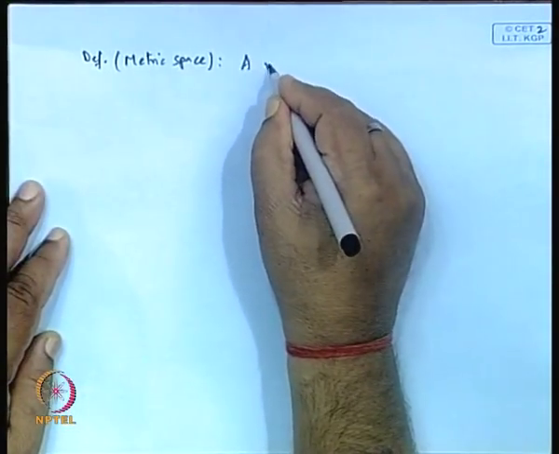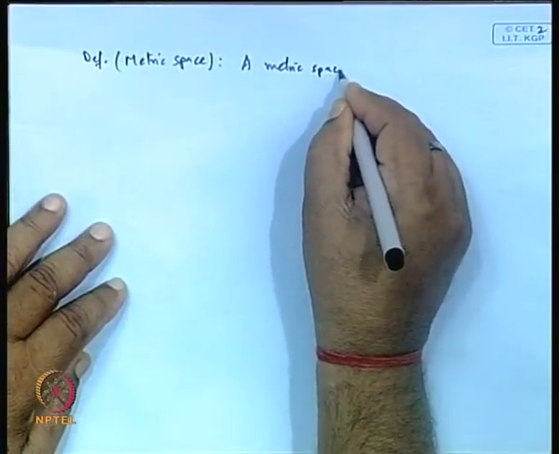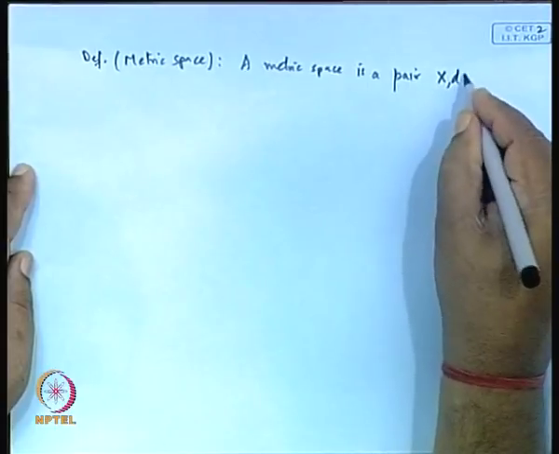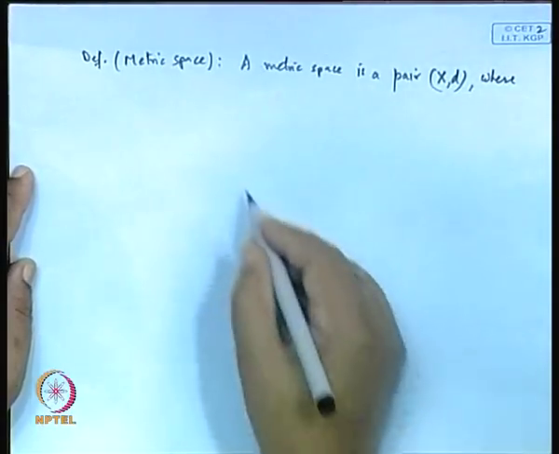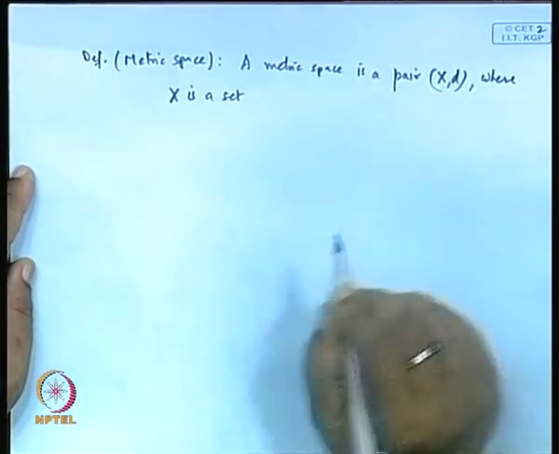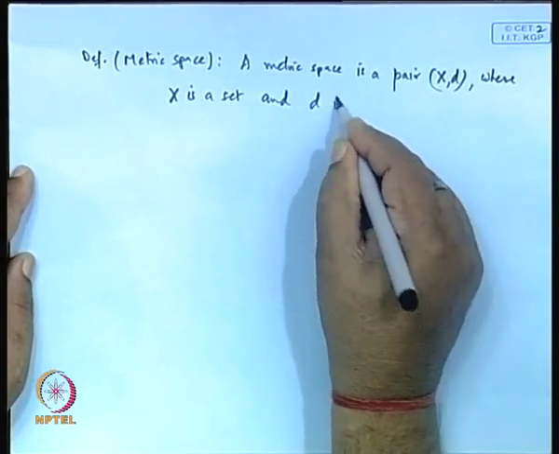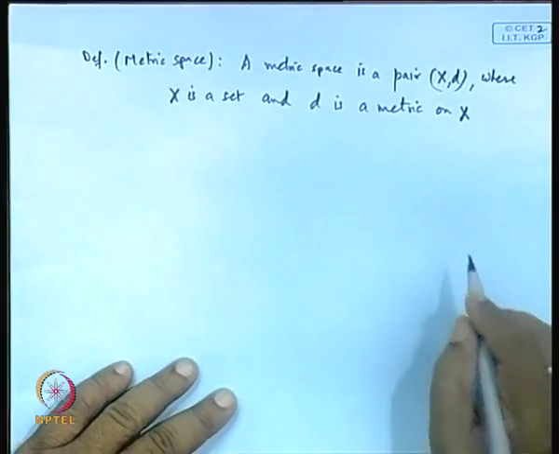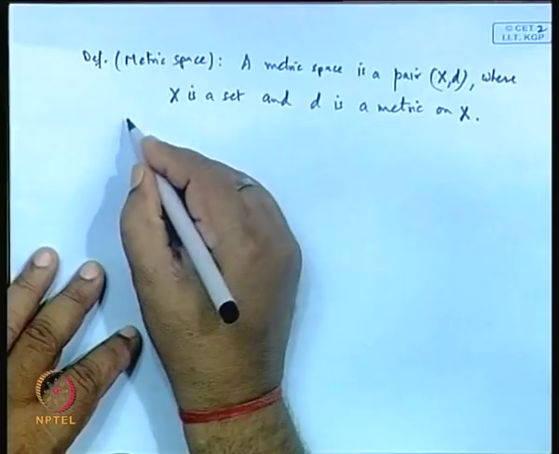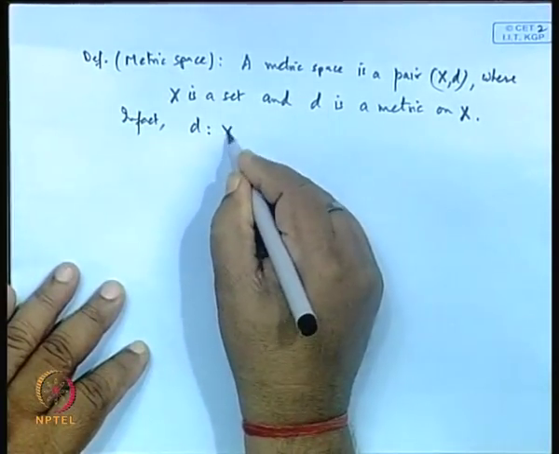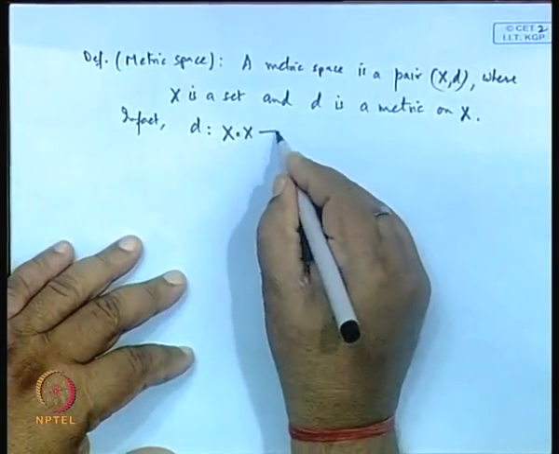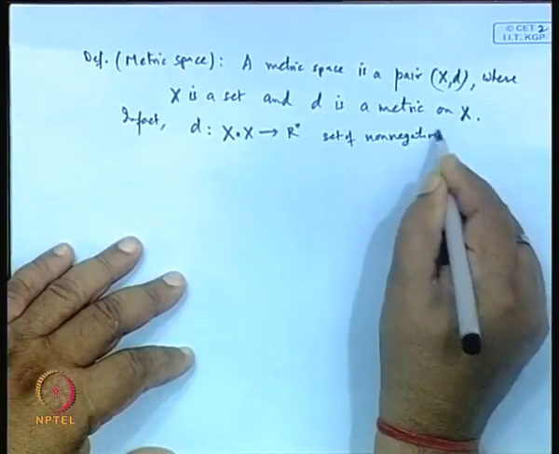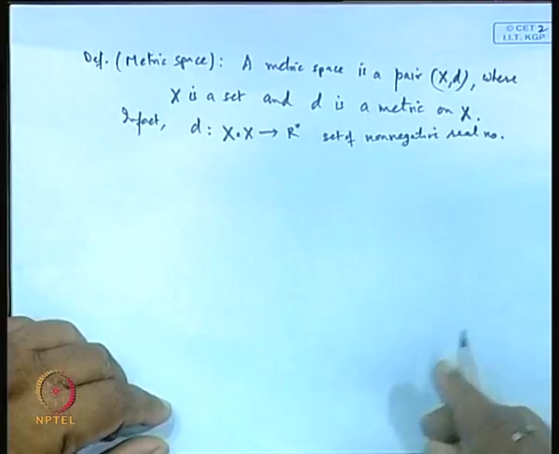A metric space is a pair (X, d) where X is a set and d is a metric on X. Basically, d is a function from X cross X to R, the set of non-negative real numbers, such that